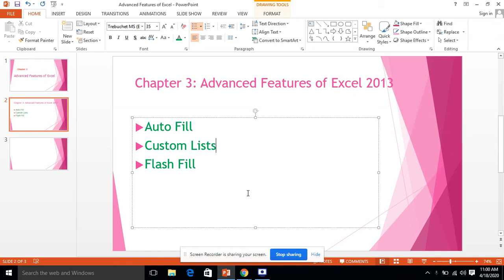Class 6 Computer Science. We are going to start chapter number 3. This is the chapter that you have already seen in your Zoom classroom. We discussed these options of chapter number 3. Chapter number 3 is being started in your book from page number 28, Advanced Features of Microsoft Excel.